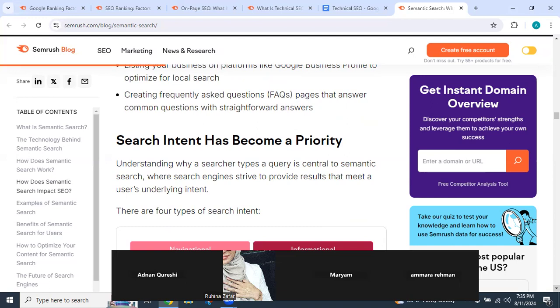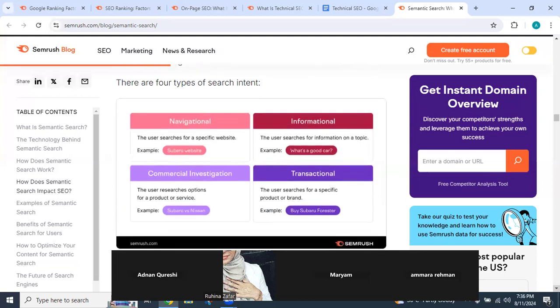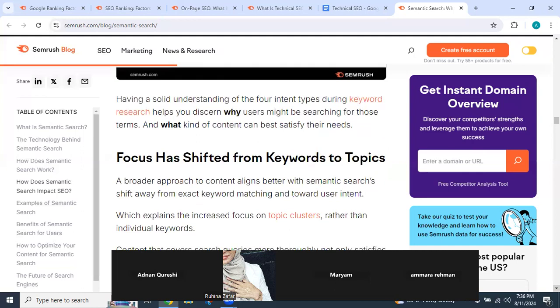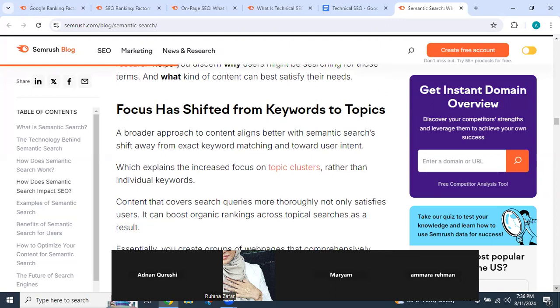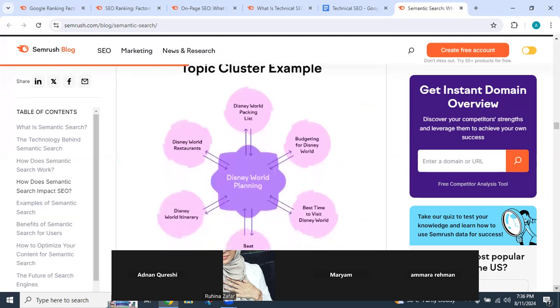तो सर्च इंटेंट हैज बिकम अ प्रायोरिटी। सर्च इंटेंट का सिमेंटिक एसईओ अभी हमने थोड़ी देर पहले डिस्कस किया था: नेविगेशनल, इंफॉर्मेशनल, कमर्शियल एंड ट्रांजैक्शनल। जब मैं ये शेयर करूंगा, आप नोट्स में फिर देख लेना। सर्च इंटेंट इज वेरी इंपॉर्टेंट इन सिमेंटिक एसईओ। फिर हमने टॉपिकल अथॉरिटी में जो कॉन्सेप्ट्स पढ़े थे कि नाउ फोकस हैज शिफ्टेड फ्रॉम कीवर्ड्स टू टॉपिक्स, एंड अब टॉपिक क्लस्टर्स कंपेयर टू इंडिविजुअल कीवर्ड्स ज़्यादा इंपॉर्टेंट हैं। ये हमने टॉपिकल अथॉरिटी में काफ़ी पढ़ा था कि एक पिलर पेज होता है, जैसे इधर पिलर पेज जिसकी वर्ल्ड प्लानिंग है।